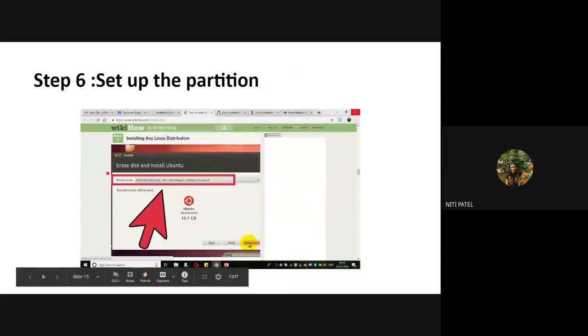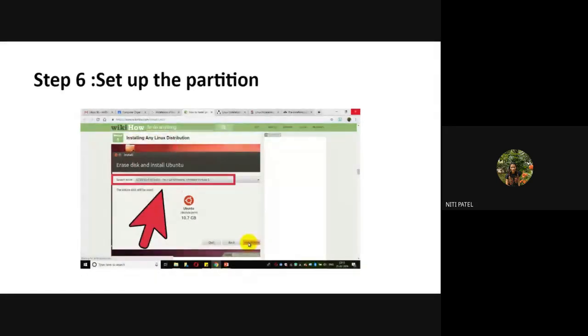After that, it is asking me to erase the disk and install Ubuntu. Now what does this mean? The process I am doing right now is on the Windows operating system. That means I have downloaded it and I am now following these steps to remove Windows and add Linux. So erase disk means it will clear all the partitions of your current hard disk. That means C drive will be cleared, D drive will be cleared, E, F, X, Y, Z, however many drives you have made.